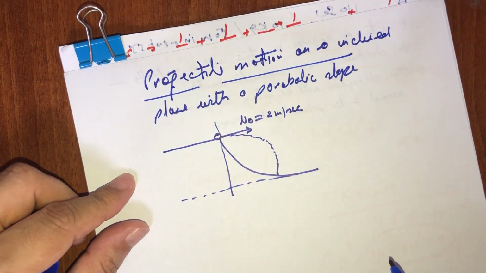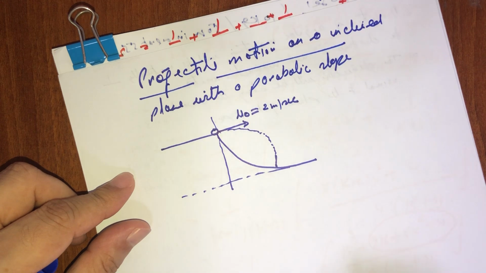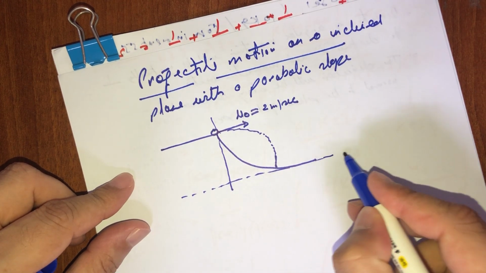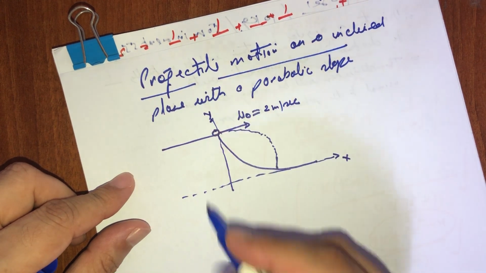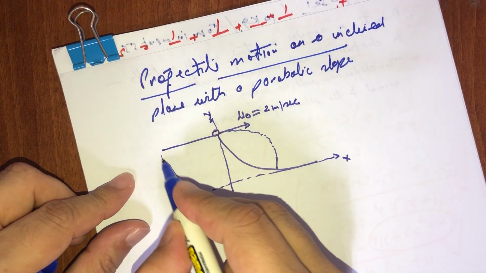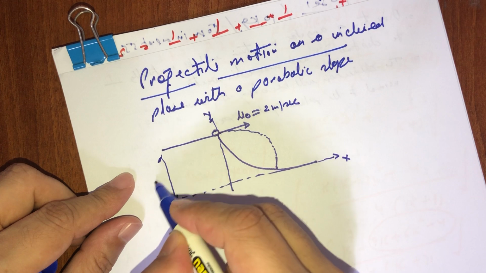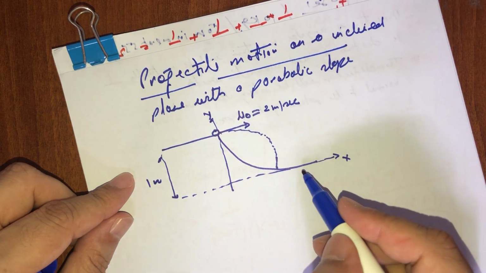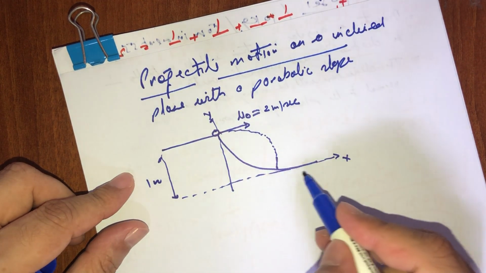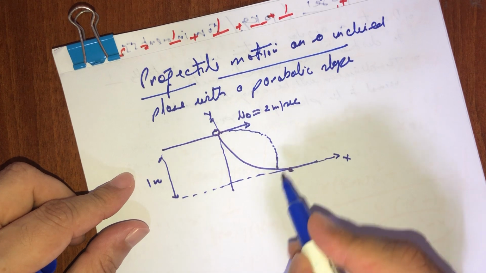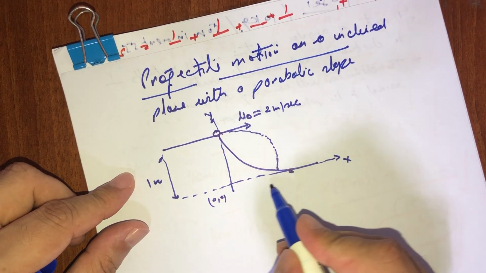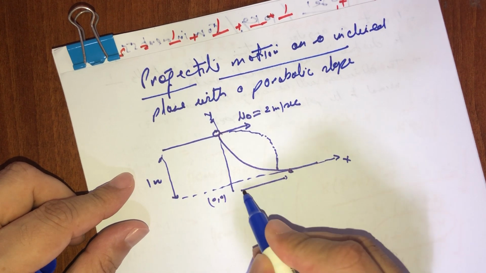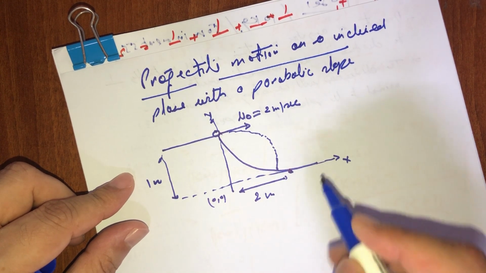So let this be the x-axis, this be the y-axis, and this height is given as 1 meter, and